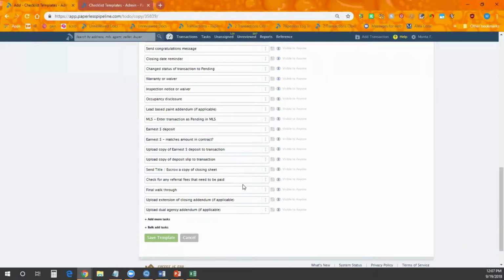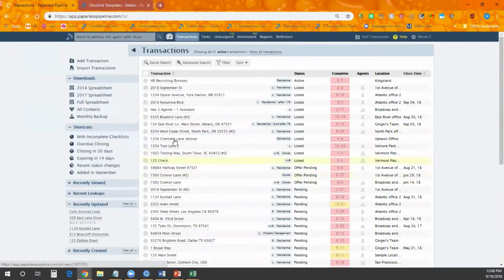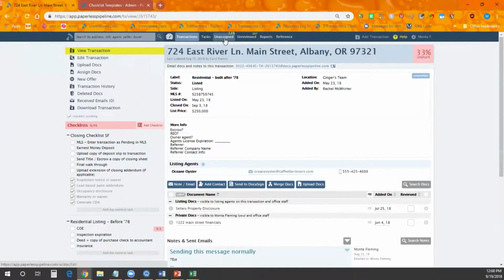So those are some tips that can help you get your checklists in quickly and the tasks within them. Let's move on to docs now. So let me head over to a transaction. Getting your docs into the system, obviously you can, when you're on a transaction or you're in an assigned, etc.,